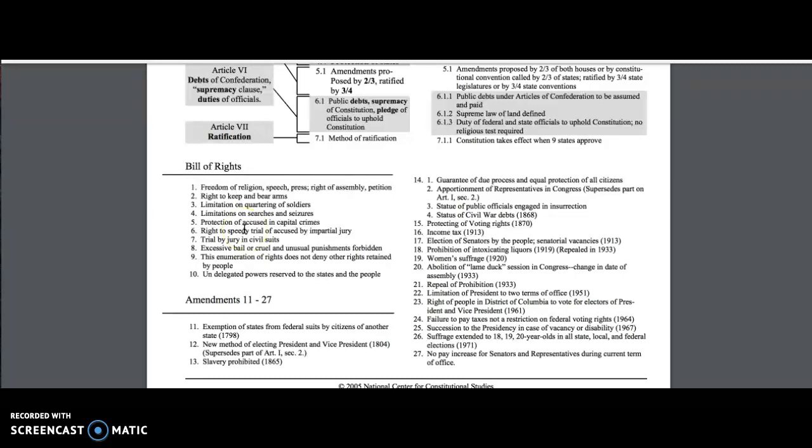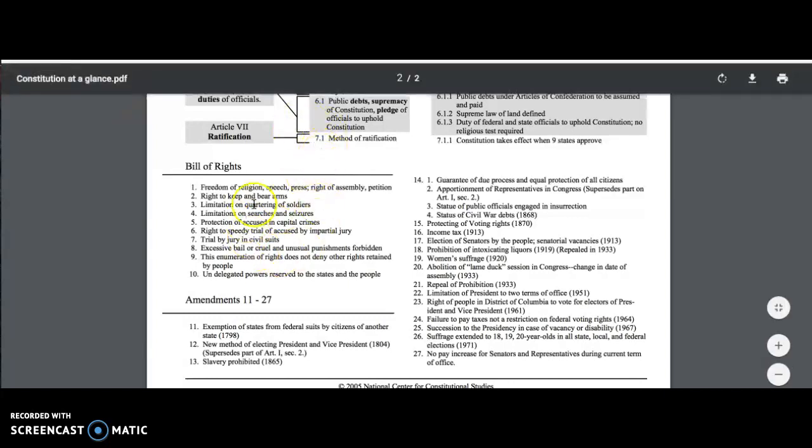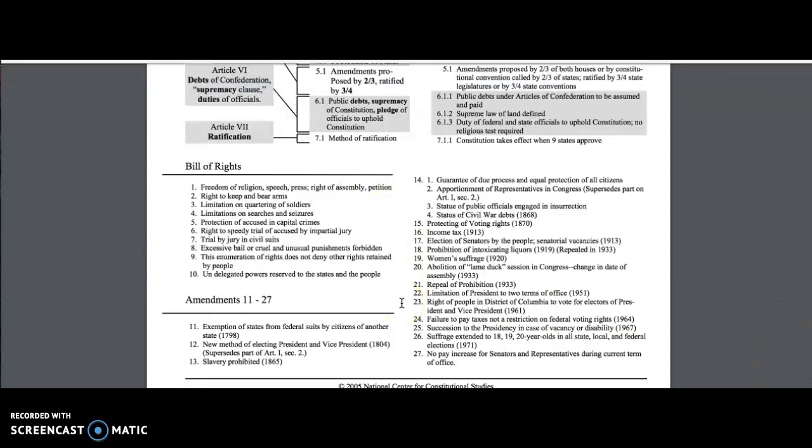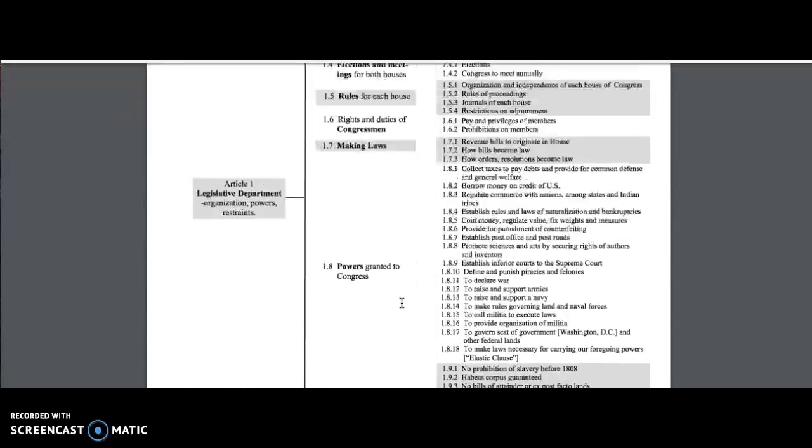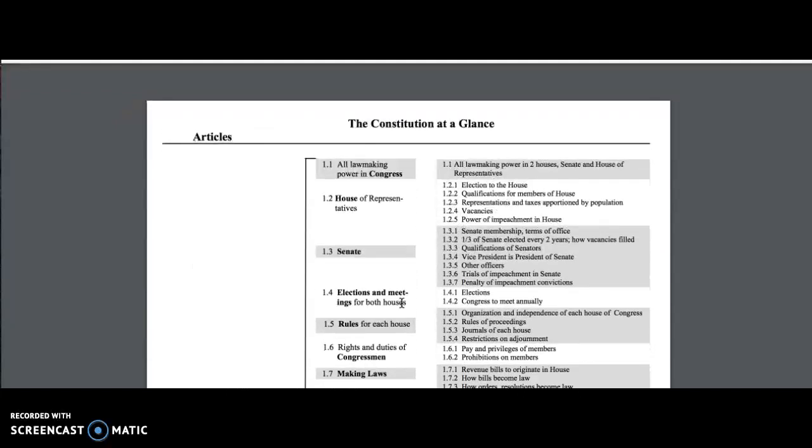What you need to do is have 2 specific places in the Constitution where your purpose is established, and that's where students struggle a lot. So make sure you're using the articles, make sure you're using the amendments. You need 2, and you need to tell me the direct article you're referencing or the direct amendment. Hopefully this helps you. I highly recommend using the Constitution at a Glance because it simplifies the Constitution for you when you're looking for those specific spots in the Constitution where your purposes are referenced.